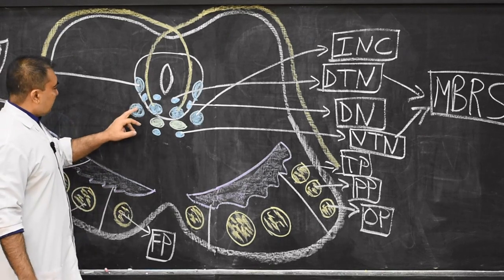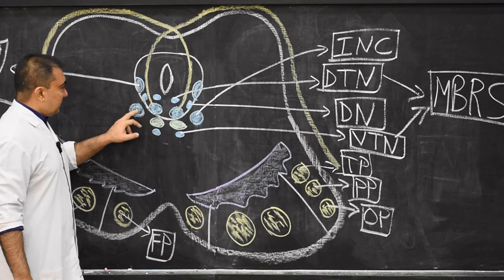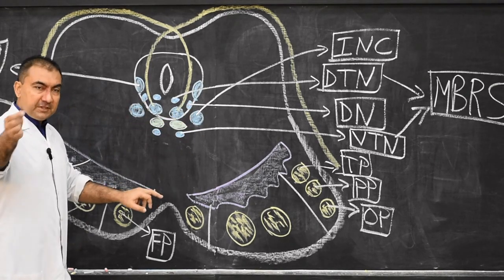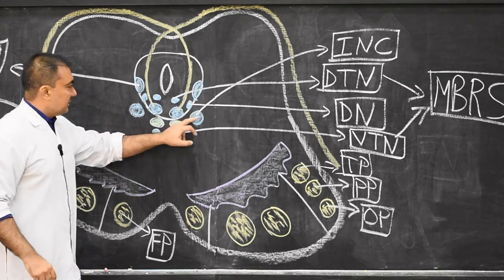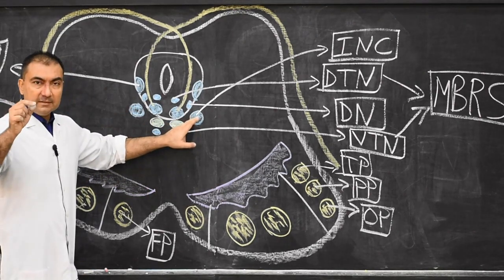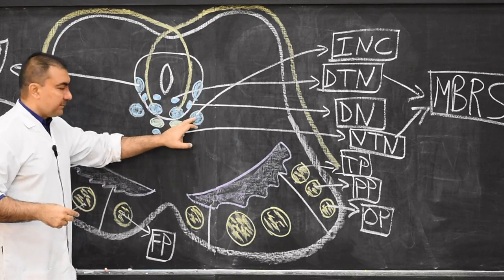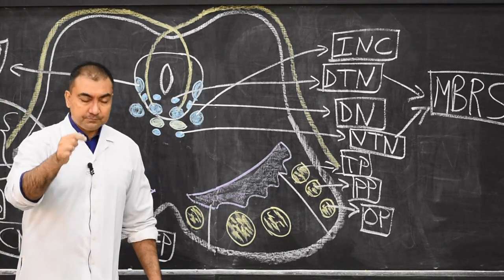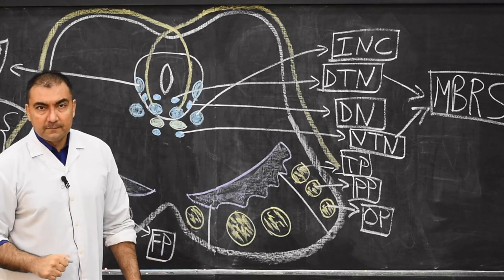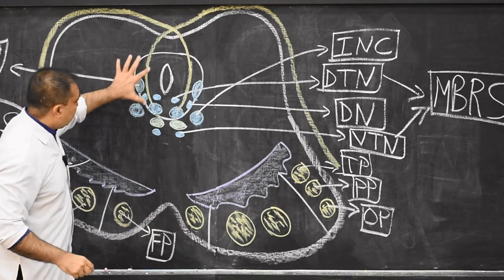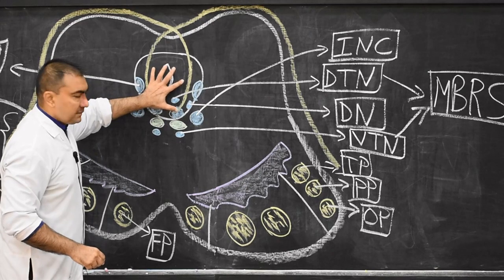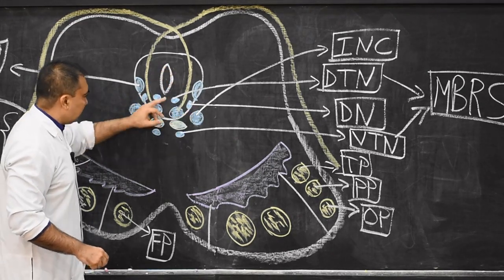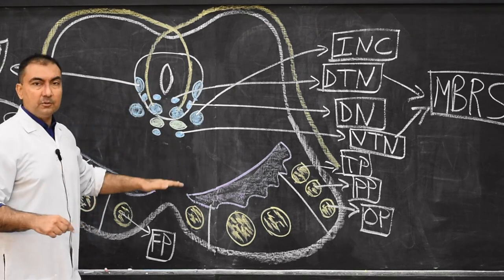Similarly, these nuclei, the Darkschewitsch nucleus which will send its fibers to posterior commissure, and also the interstitial nucleus of Cajal which is lying outside the grey matter, they will also contribute their fibers to the reticular formation. So therefore, here we end the nuclei of central grey matter and also the few nuclei which are related to the central grey matter but lying outside.